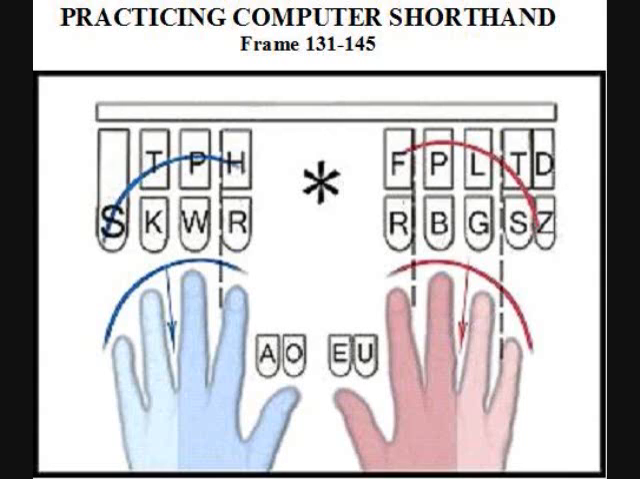Okay, frame 132 is final NT. And again, if you have trouble reaching this stroke up to the T, you can build up the T key. I found that to be very helpful to me. Okay,